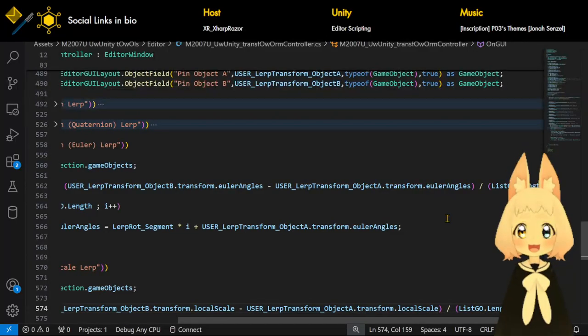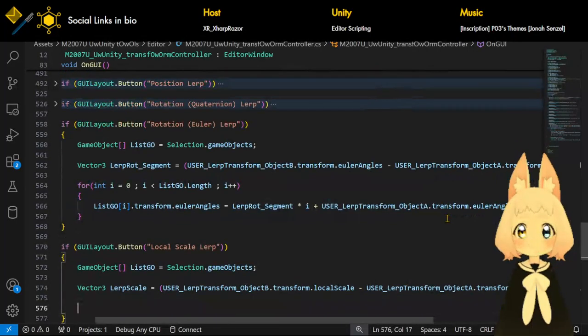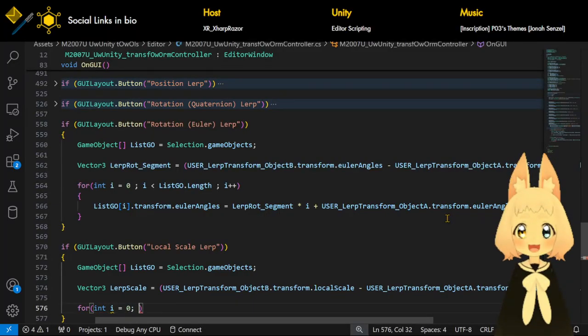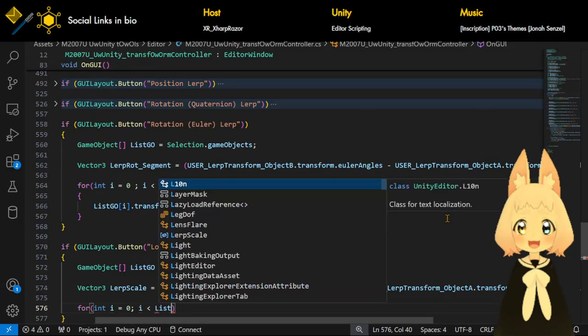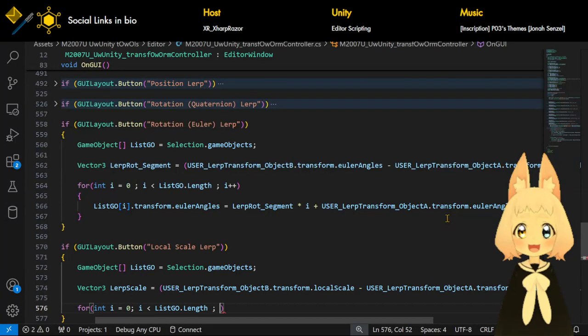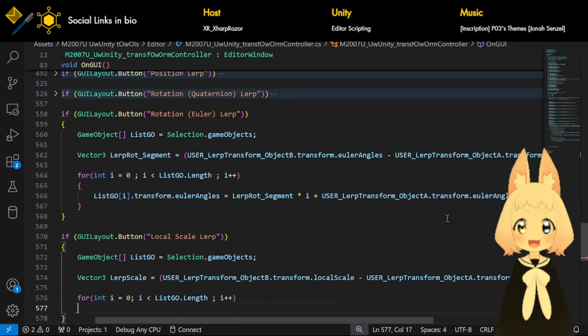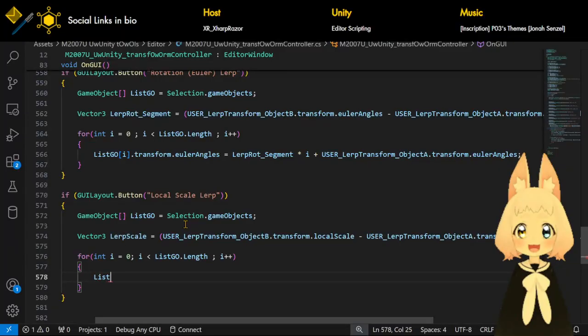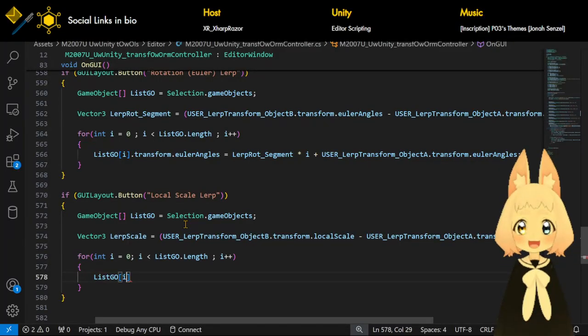This will give us our segment. Now we are ready to do the for loop. So int i starting at 0, i smaller than list geo dot length, and then we'll just do i plus plus. There we go. And then we'll just go with list geo, the ith item,